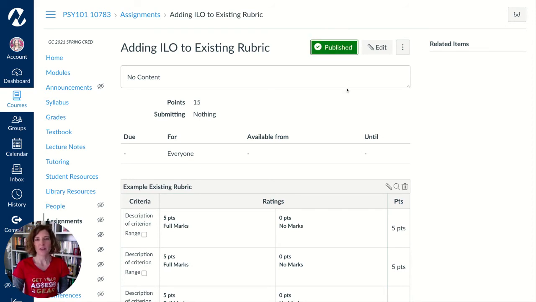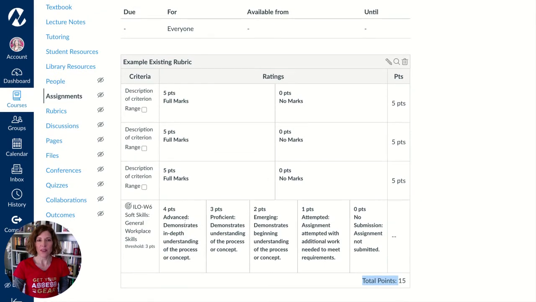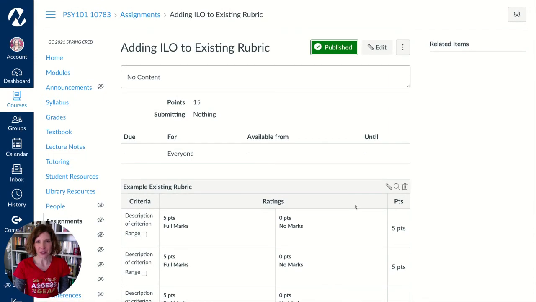Some faculty, if they're assessing ILOs, like to leave the assignment unpublished because they're concerned that students are going to ask what this means down here. Well, our hope is that you will talk to them about what it means, and we'll be spending more time later giving you some talking points about how to talk to students about ILO assessment. But the other thing is, in all the experience we've had, no student has really ever asked about ILOs, so you're pretty safe even if you leave it in there and have it published for students to look at.